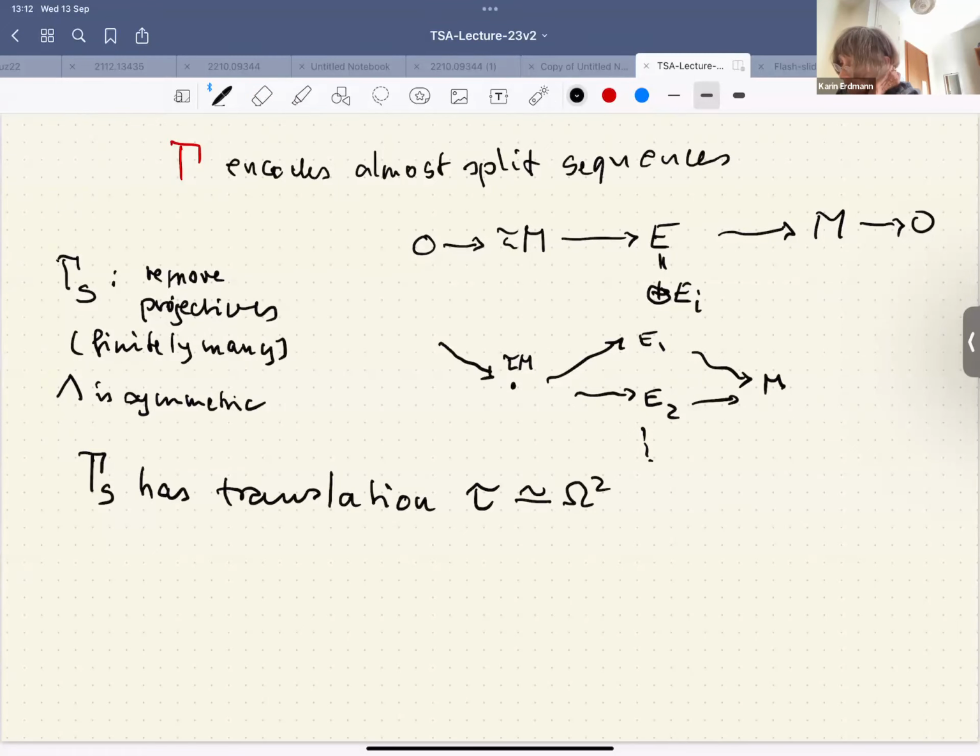So here would be a tau of E1, because we have this translation, and here we have tau of E2, and so on. Oh, sorry, this is the wrong way around. Right, and so there is a lot of symmetry, and so Karin Erdmann has the classification theorem,